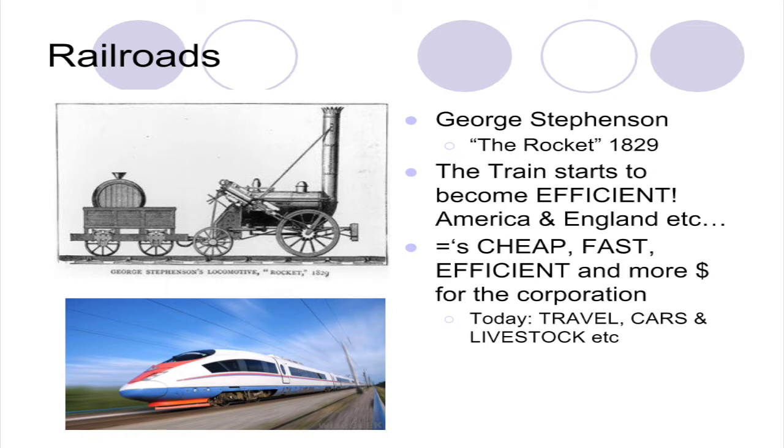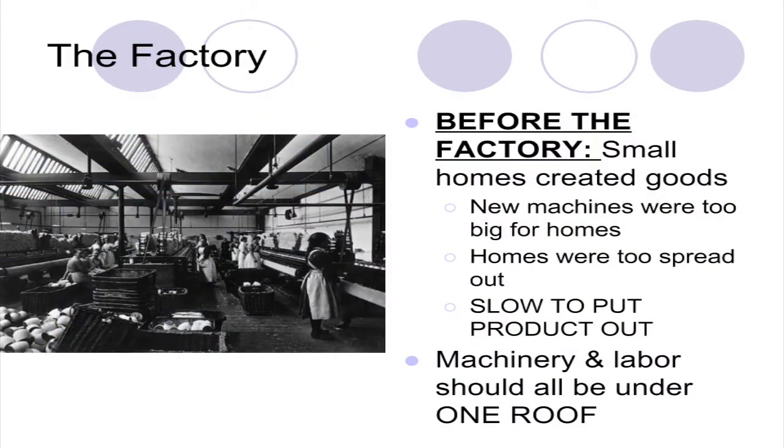So during this time, again, you can see eventually the bullet train will be created in places like Japan and Germany. And again, it helps people travel across places at a faster rate for cheap. And you can also have a business make lots of money because they're selling goods cheap and much more fast and efficient.